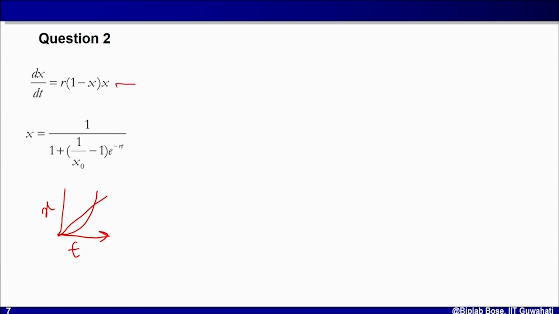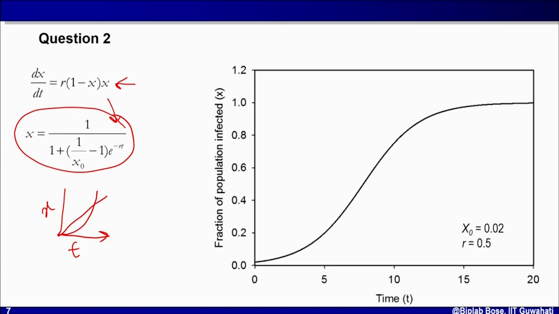Remember, this derivative, this ODE is my model, and integrating it I have got this function. So essentially I have to plot this function with respect to time. So that's what I have done here. If you can see, I have t on the horizontal axis, x on the vertical axis, and I have simply taken different values of t for a fixed value of x naught and r, and I have generated this